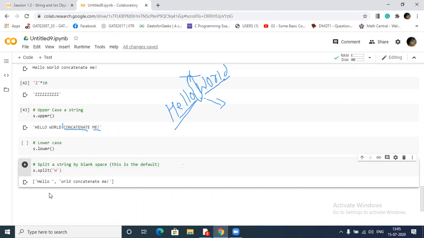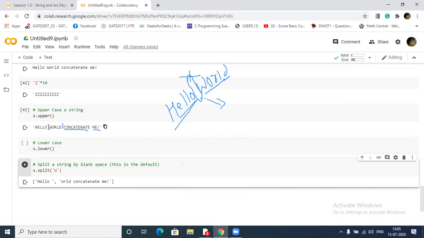See what it is doing. It is telling that go up to where you find W. Whenever you find W, before that point, split that string, and after that again go and search for W. A blank space is also counted here as a character.